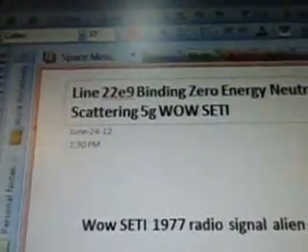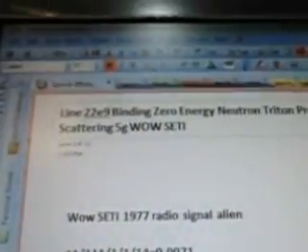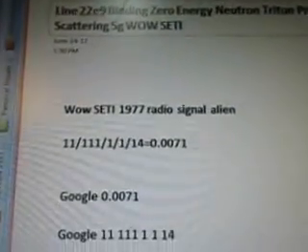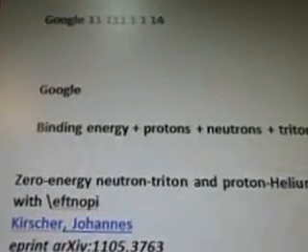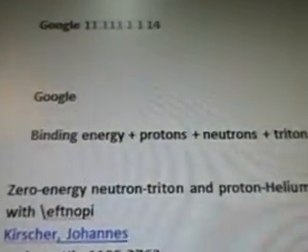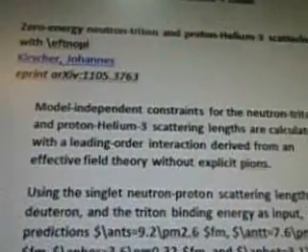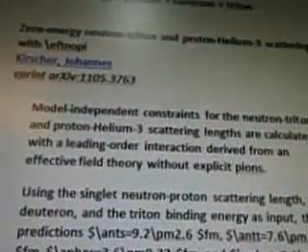This is part 250, line 22E, binding zero energy neutron triton proton helium 3 scattering 5G Wow Seti. There's the alien radio signal there. And I'm going to Google binding energy plus protons plus neutrons plus triton to see what I get. Zero energy neutron triton and proton helium 3 scattering with